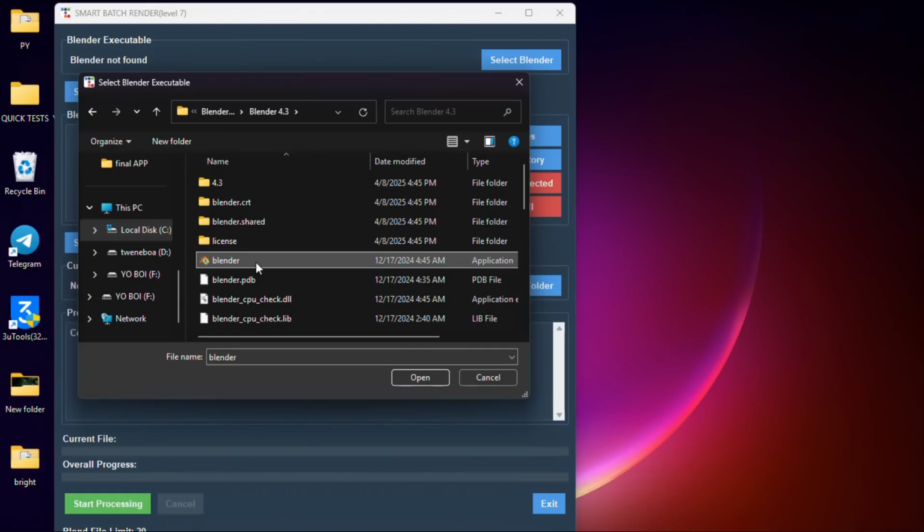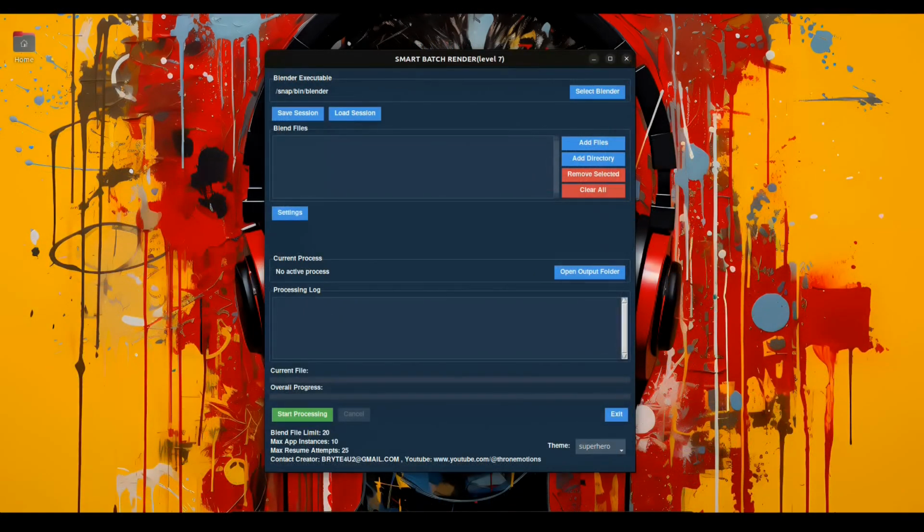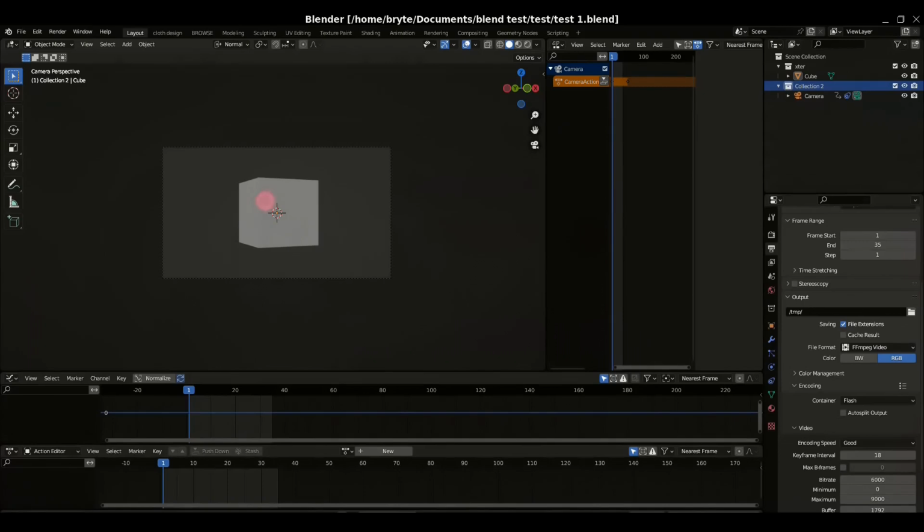So before we start rendering anything, first we need to get a Blender file ready for rendering. So I have a very simple scene. I call this test one, right? So this is just a camera movement. You can see the camera is animated. So just a camera movement. What else? So I have the